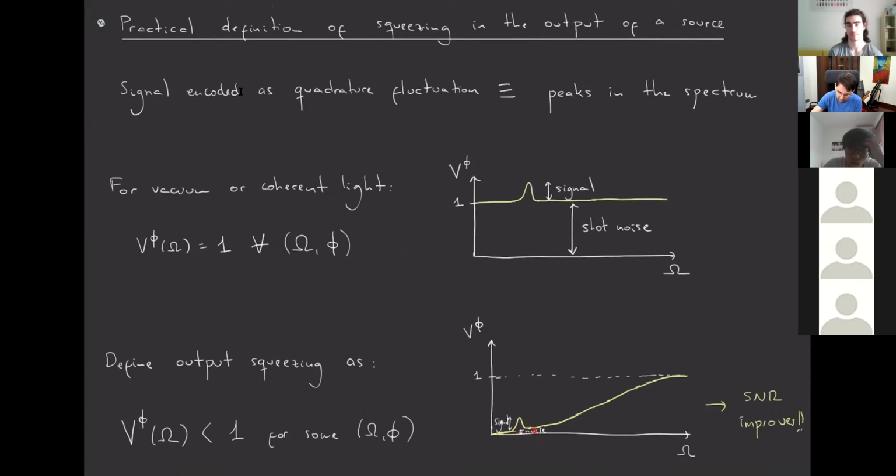We will just get something like this that goes to 1 for large frequencies, but it's 0 at 0 frequency, and it has a bandwidth that is equal to 2 gamma, okay? So then over 2 times the decay rate, we have spectral squeezing, okay? Or the output is squeezed. So then any signal